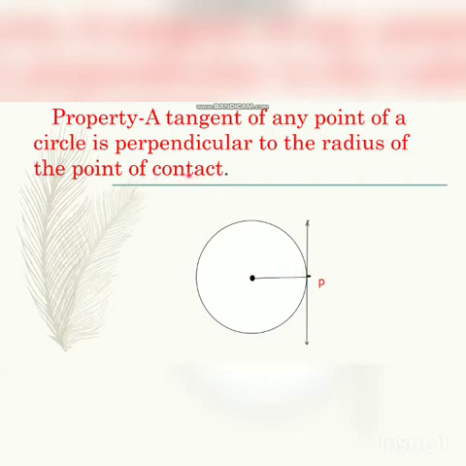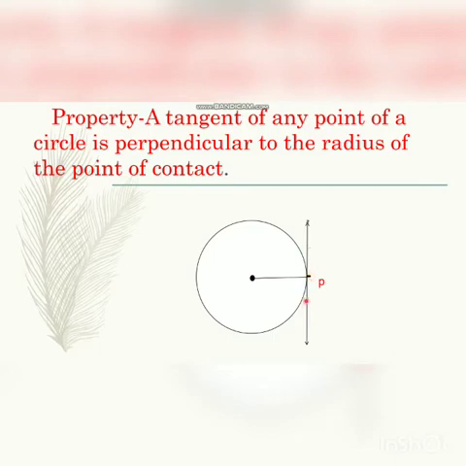This is the property we had seen in our last session. Using this property, we are going to prove today's theorem. This is one tangent we draw from a point which lies on the circle. Suppose this point lies outside the circle. You all know, if any point is on the circle, you can draw only one tangent from this point.